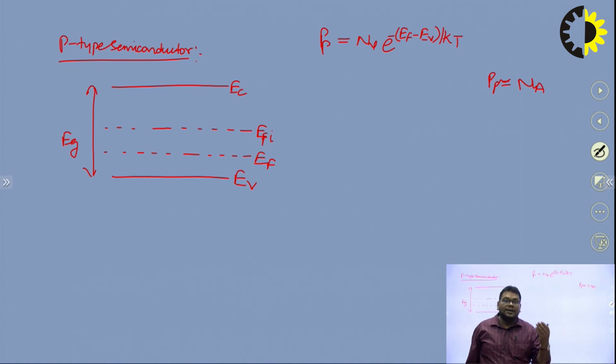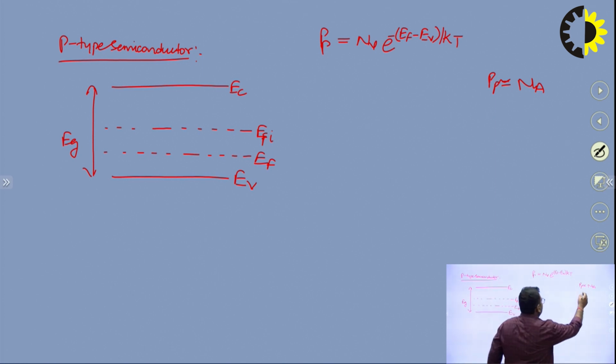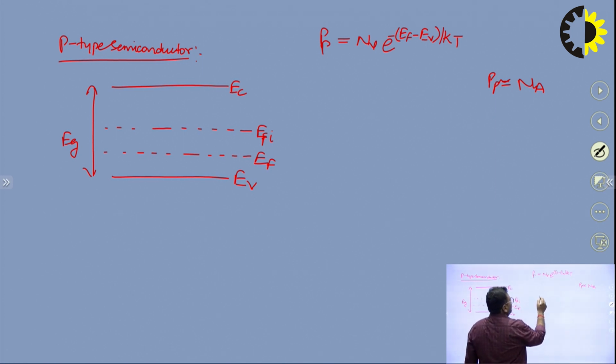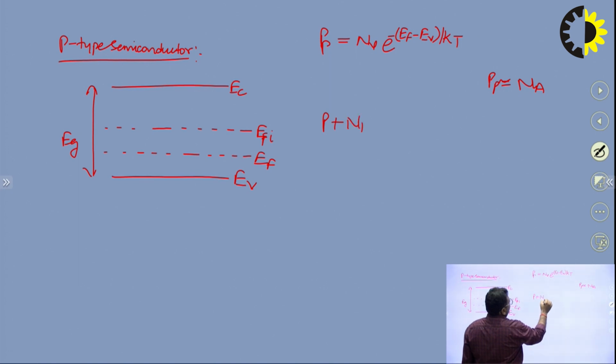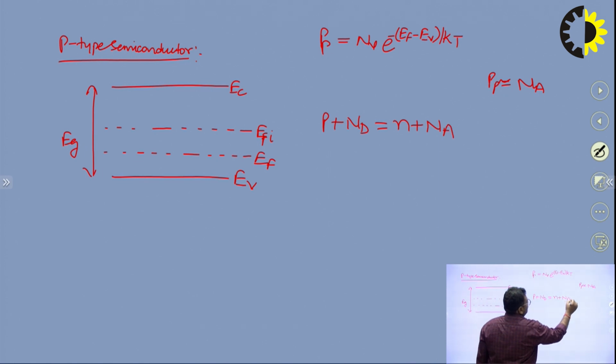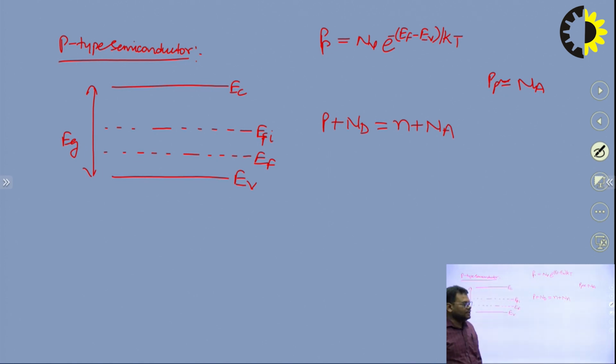law of charge neutrality. What is the law of charge neutrality? As we know, according to this law, the material will be neutral. That is, the total negative charge will be equal to the total positive charge. So if I write the total positive charge and total negative charge, total positive charge will be P plus Nd, and total negative charge will be N plus Na. So this is the equation that we get from the law